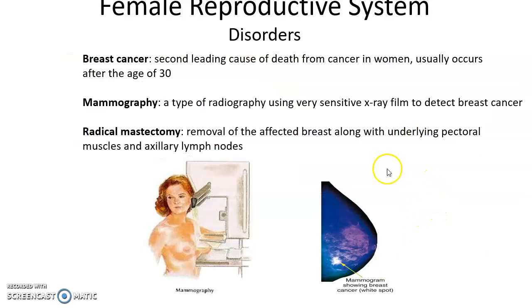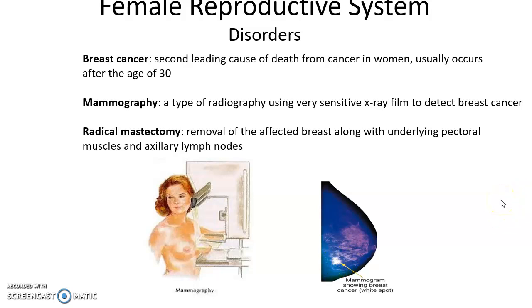Disorders associated with breasts and the female reproductive system include breast cancer. Breast cancer is the second leading cause of death from cancer in women, usually occurring later in life, usually 30 years or older, usually older. When a woman gets to a certain age, she will need to have an annual mammogram, where they use x-rays basically to detect thicker, denser tissue. So it's very sensitive x-ray film. And so, for example, here in this view of a breast, the white area here is where a potential cancer